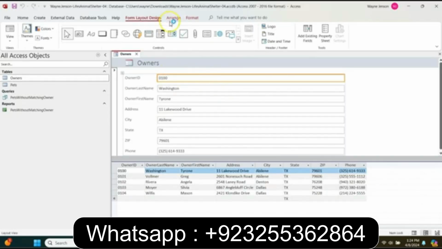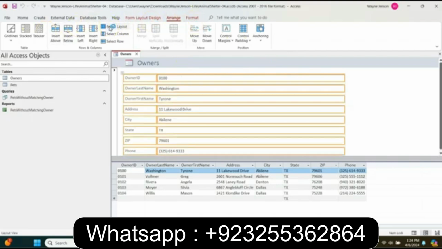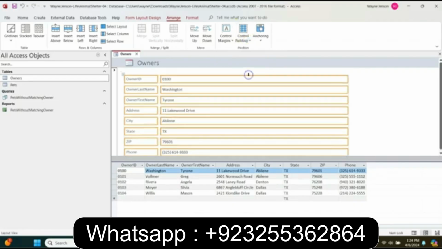And then we're going to click on the Arrange tab, and we're going to select the layout, select layout. So that's right here, Arrange, select layout right here. And then we're going to click the Control Padding button and position. And we're going to select Medium. And then